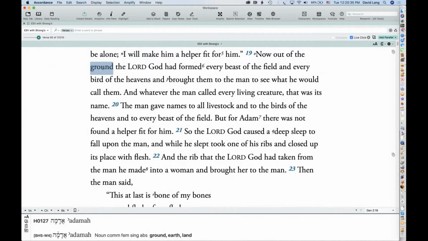So if I go to ground, even though the Hebrew is hidden and in the background, Accordance still leverages that information and pulls it into the instant details box. So now I've got all of that parsing information. So if I go to formed, notice I get the same information: yitzer, verb, kal, vav consecutive, third masculine singular, and the gloss and everything.